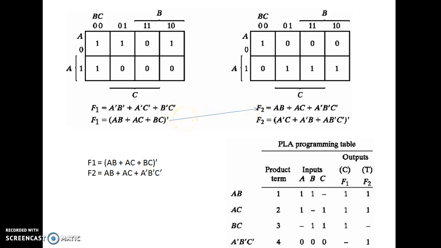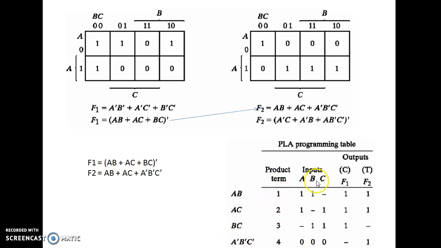This is an advantage, right? So this is the product sharing, which can happen only in PLA. As we have discussed, PLA would be optimized, which uses a smaller number of AND gates and OR gates. So now we can form a PLA programming table which consists of only 4 product terms, numbering those product terms,